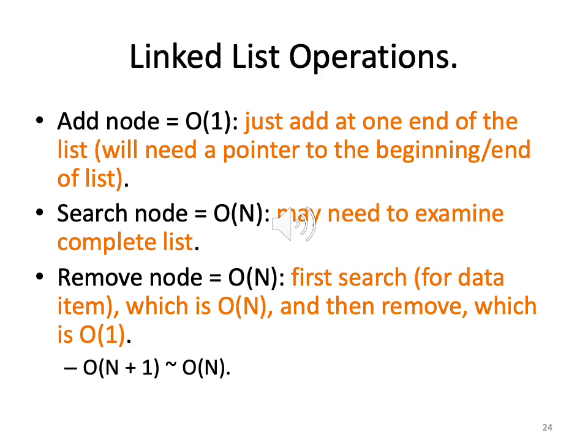So once again, when we want to add a node, because it's unsorted, we'll just add it at one end. So the complexity will be of the order of 1. We only need to examine one node, either the head or tail. When we have to search, in the worst case, because the list is unsorted, we may have to look at all the nodes. So complexity is of the order of n.